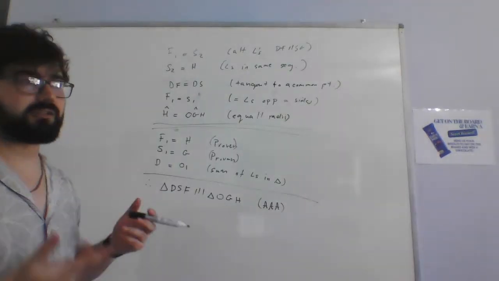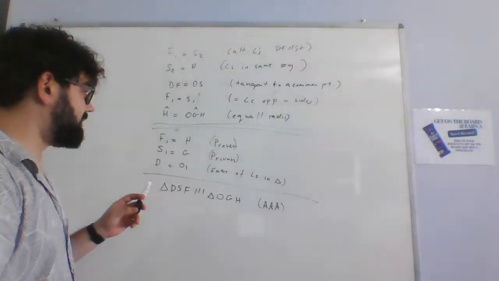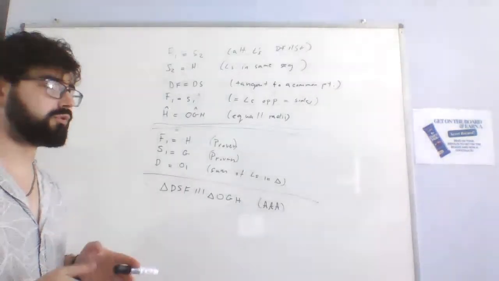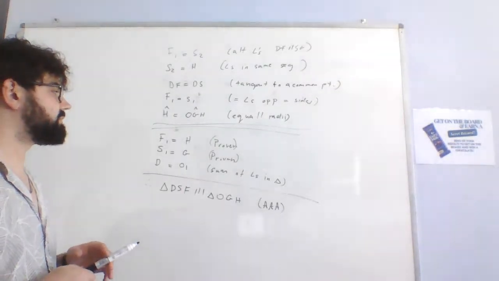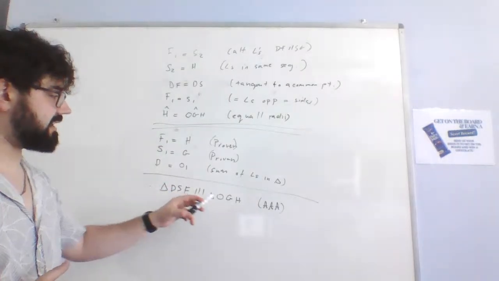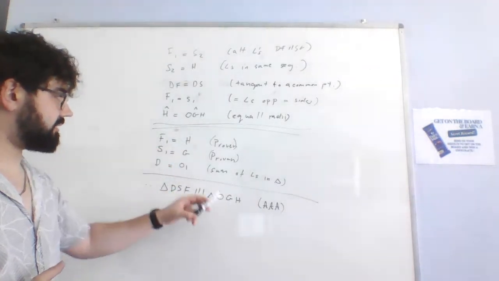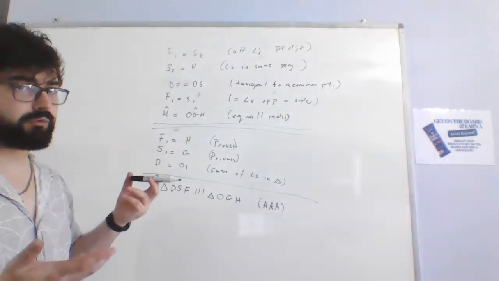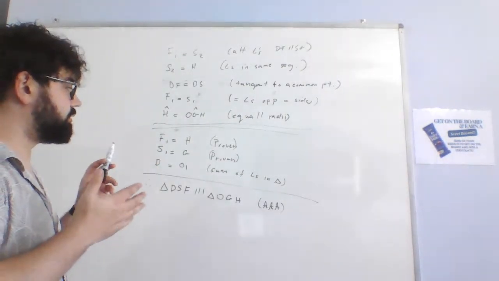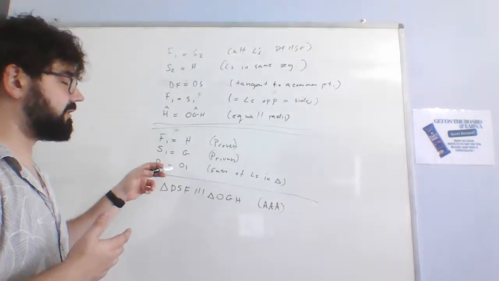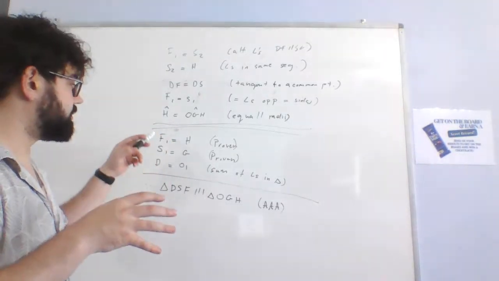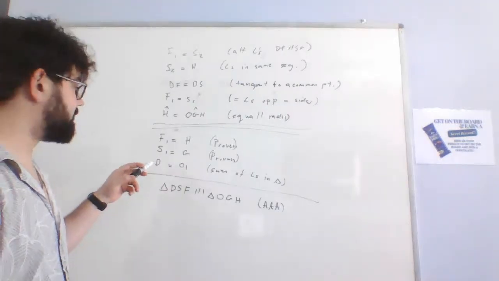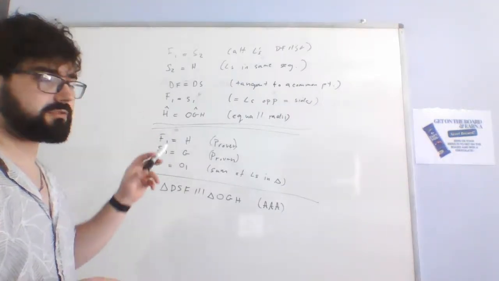And then for most triangles, the order is going to be very, very important. In this triangle, we had a pair of angles that were equal. It's an isosceles triangle, so the order is not as important. But I still tried to stick with the order that they gave us: F and H, S and G, D and O, right? So I didn't swap these ones around, even though all 4 of them are equal. When you're naming the triangles that are similar, you want to stick with the order that they appear. So DSF and OGH,